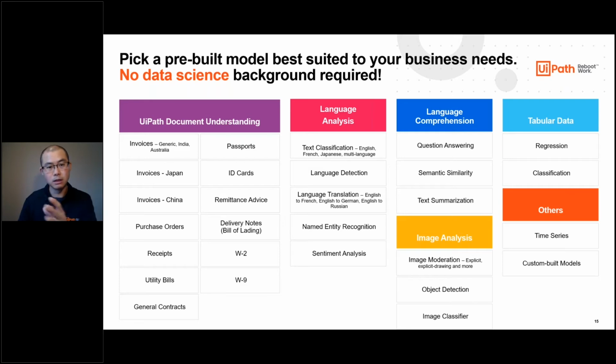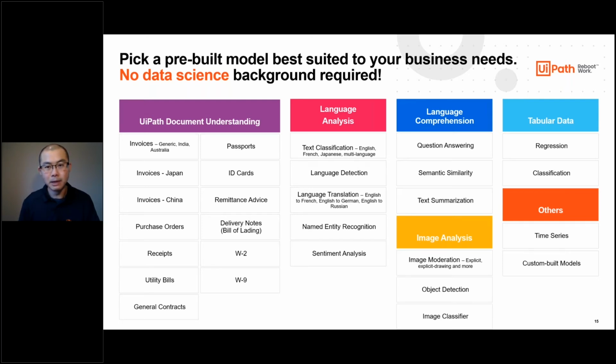On top of that, we have these groups of additional out-of-the-box models as well. These are more almost like underlying machine learning components that you can now start to assemble using your RPA workflow as your assembly engine. And this is around things like language analysis or language comprehension, image analysis, tabular analysis. You can see some of the types of capabilities that we give you out of the box that you can start to use. Quite a bit here that you can really start to build off of, and you can start to imagine some of the ways that you can start to put this together in interesting ways.